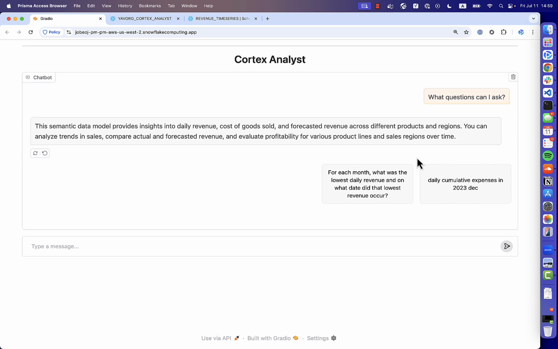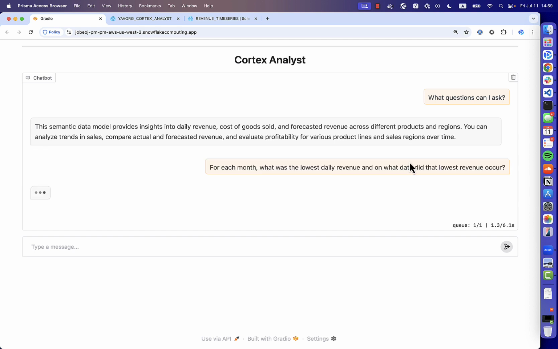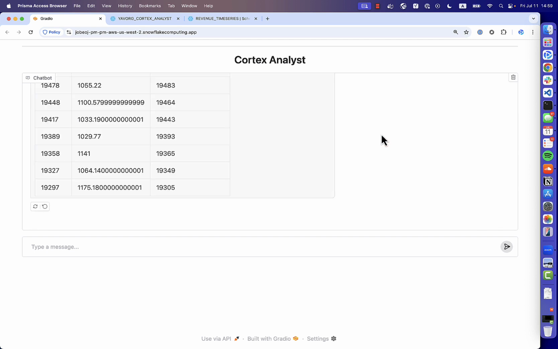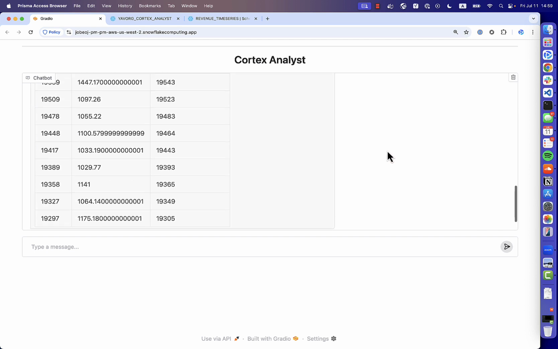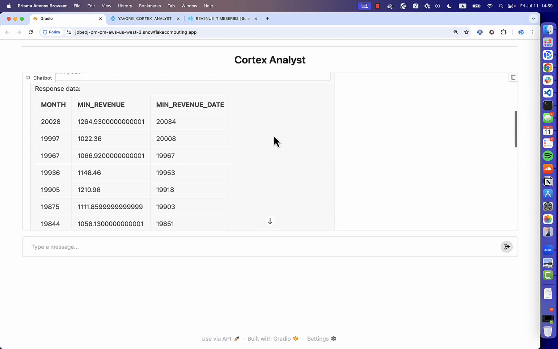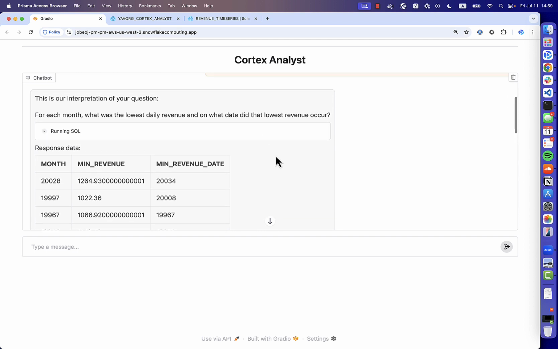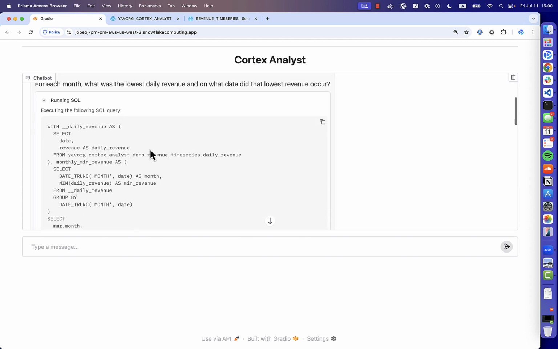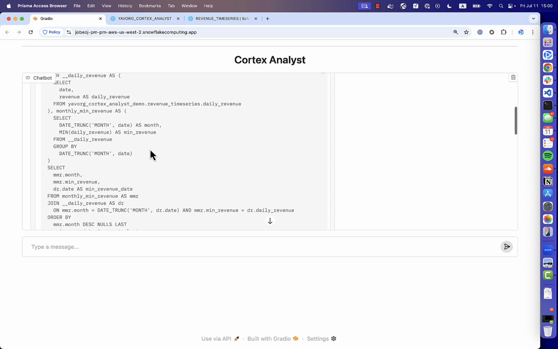And so here's some examples. So we can find out on which day of the month the lowest revenue occurs. Let's go ahead and try that example. And Analyst returns the following tabular result based on the data that we have. And the cool part is that it actually translated our question into SQL. So it interpreted our question and it actually generated the following SQL statement, which it executed in Snowflake to get